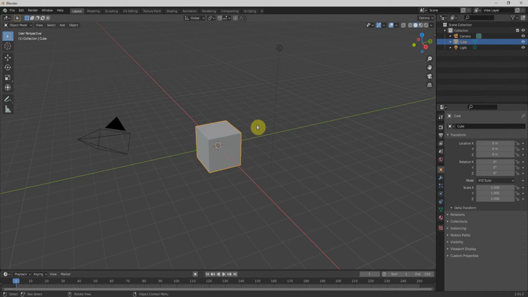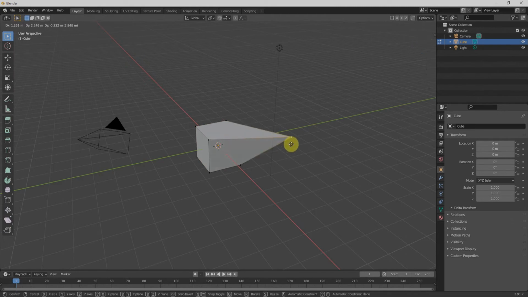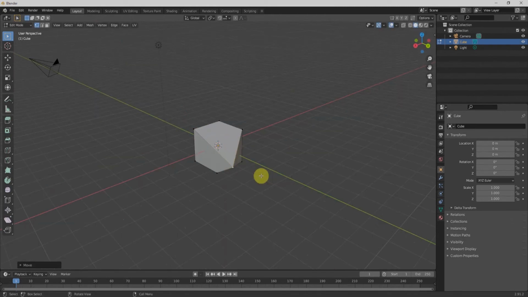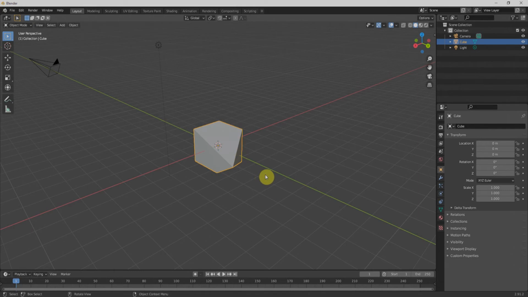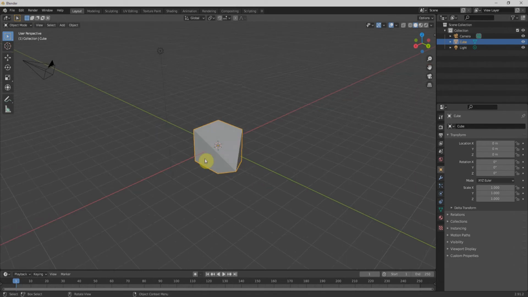First of all, we will learn the basic concept of shape keys. We have a cube here. We'll go to edit mode by pressing the Tab key and change something within the cube, like bringing this here, and then go to object mode again by pressing Tab. That change happens, but if I want to record or animate that change, it is not possible with just keyframes. We'll have to add shape keys.